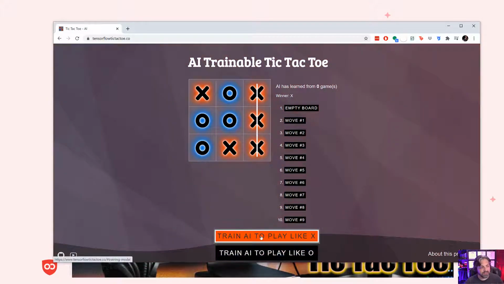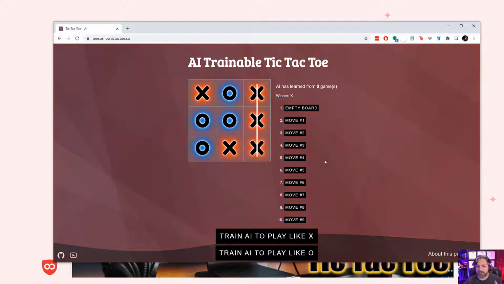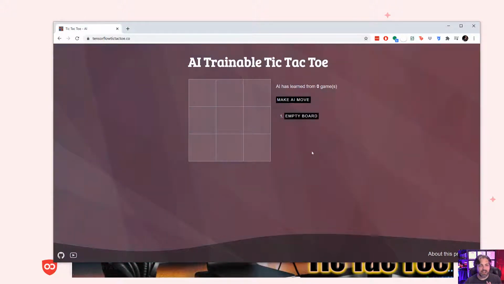And then I could train it to play a little bit more like X or train it to play a little bit more like O. And the cool thing is that after about 5 or 6 games of training it really well, I can actually get an unbeatable AI. It's really, really good. As of right now, it's seen 0 games because I didn't click the train button. But let's say I actually decide to train it on how to play really well. So I do that, and now O has to block, and then, well, okay, so I suck at this.